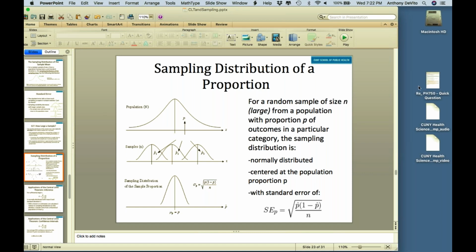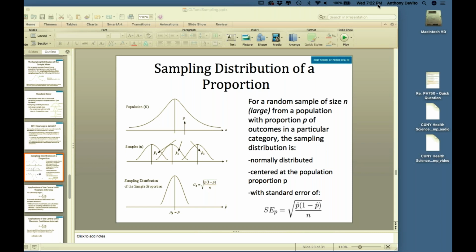So the data for the sampling distribution is only the means of each, exactly right. It's only the means of each, not the original population information, not individual blood pressures, but only the means of the samples if you take a sample of the same size over and over and over again. Yes, exactly right.